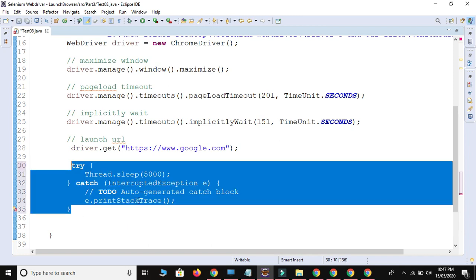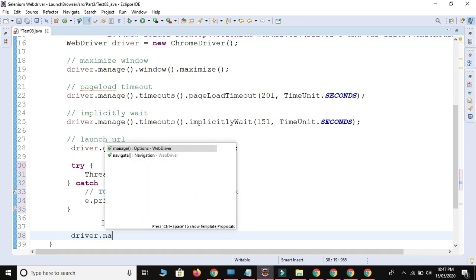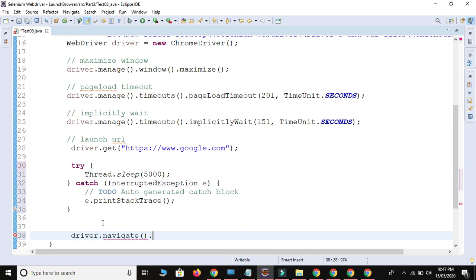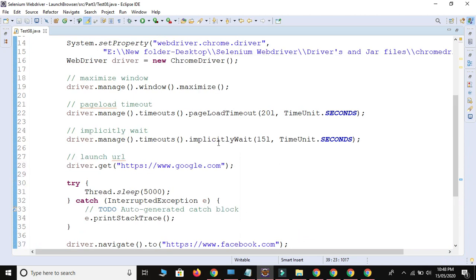So after launching the main parent URL, I will launch child URL, which is driver.navigate.to. I will launch Facebook, https://www.facebook.com. So it will launch Google and then Facebook, and let me write the code to close the browser. So use driver.quit method, Control Shift F, Control S to save, and let me run.